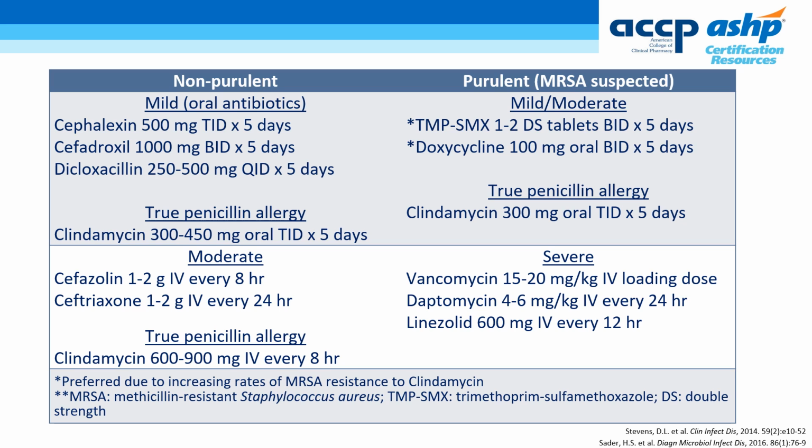If the infection is purulent, with a concern for methicillin-resistant Staph aureus, in mild cases, oral trimethoprim-sulfamethoxazole or doxycycline can be used. Clindamycin is reserved for those unable to take either of these two agents due to increased rates of MRSA resistance and side effects with clindamycin. If the patient has systemic signs of infection or an extensive skin infection, then intravenous agents such as vancomycin, daptomycin, or linezolid should be used.